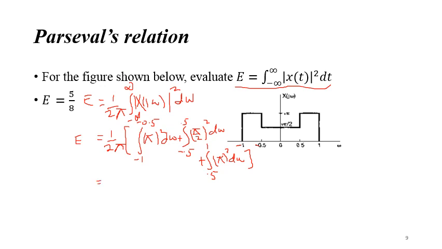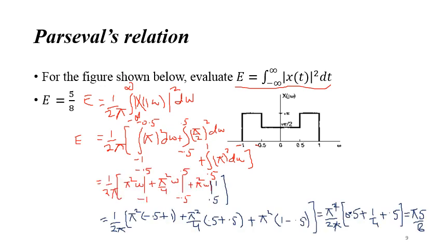So this is equal to, on simplification you understand that we put the upper limit minus lower limit, so pi square, upper limit is minus 0.5 and lower is minus 1, so minus 1 means plus 1. Again here we have upper limit which is equal to 0.5 minus lower limit, so lower limit also minus, so that means minus minus plus 0.5 plus 0.5 plus, from